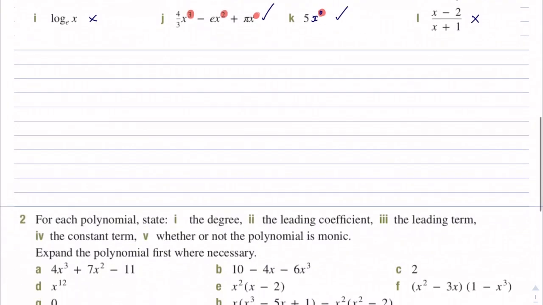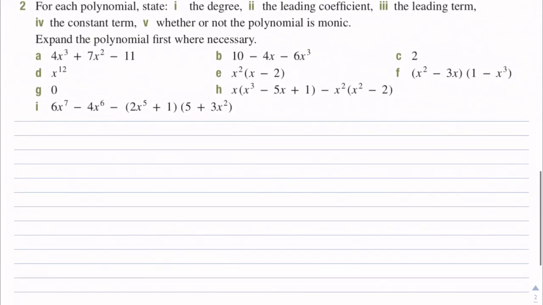They're fairly simple. Now, we have some terms here: the degree, leading coefficient, leading term, constant term, and whether or not it's monic. We have some weird stuff going on here. And I'm going to work through every second one of these, starting with 2b, because hopefully you'll start with 2a. So we've got